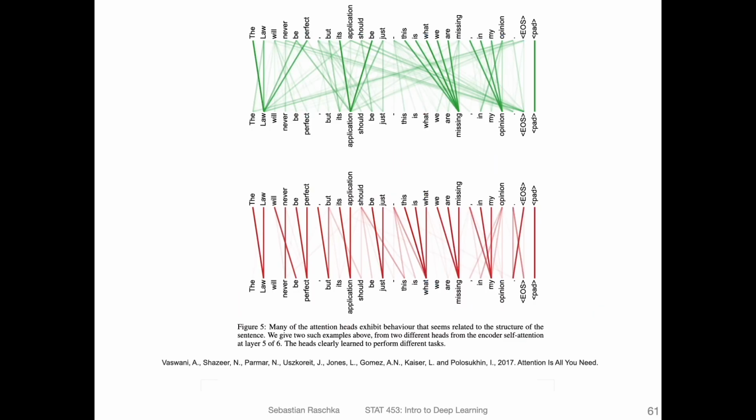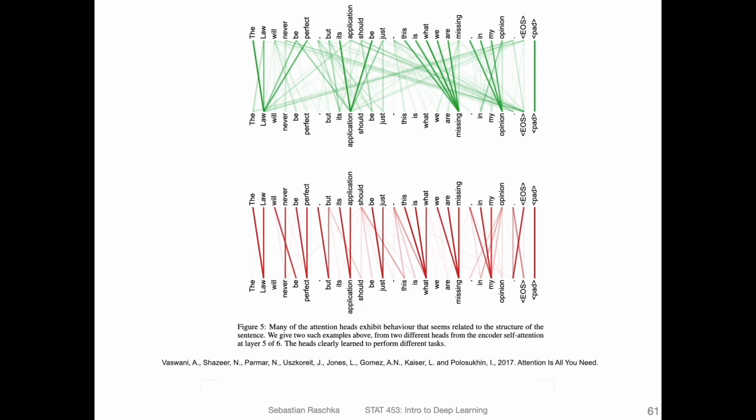Lastly, to finish things up, here's an example of how attention values look like from the original paper. If you think of attention values as values between 0 and 1, the attention mask, if you think back of the Q K transpose, then normalized, and then through the softmax, we can look at the attention values for each word towards each other word, right? And this is what's shown here.